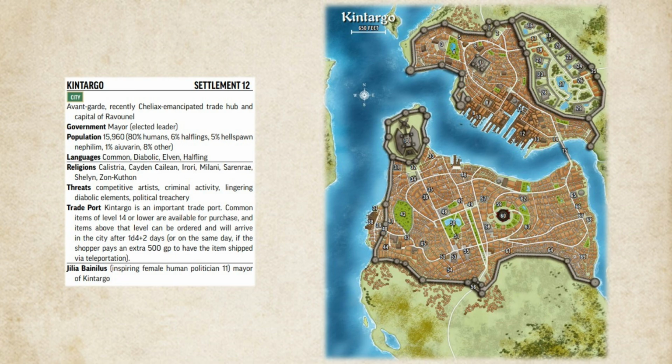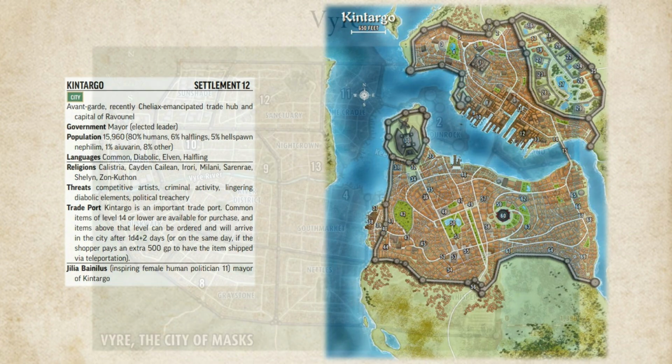Odds are your PCs have never been to Kintargo before this campaign, so this is about what they would know as newcomers to the city. The official Curtain Call Player's Guide provides a surprisingly detailed look at the city, which I encourage you to reference as your characters become increasingly familiar with it. Exploring Kintargo's unique culture and colorful population of NPCs is part of this campaign's charm, so I fully encourage you to spend the occasional session getting lost in the city's numerous back alleys and vibrant markets, assuming your GM is prepared for that, of course.